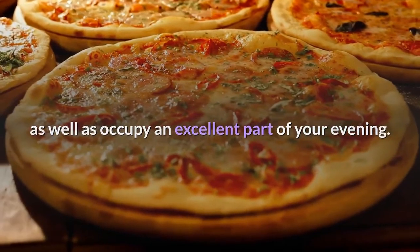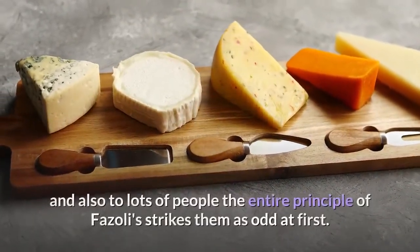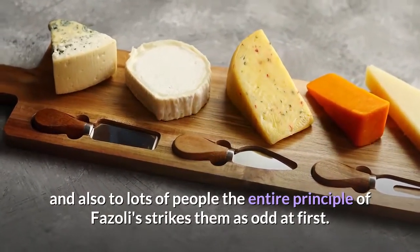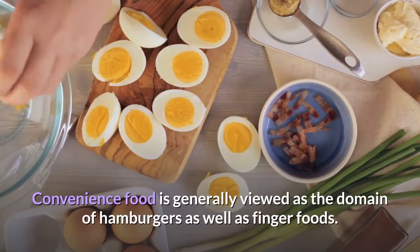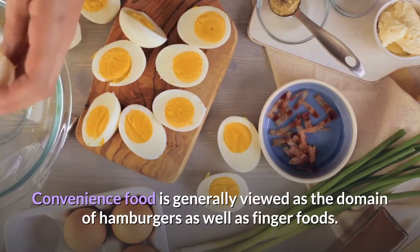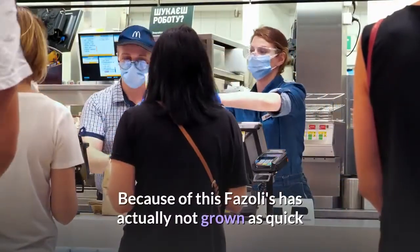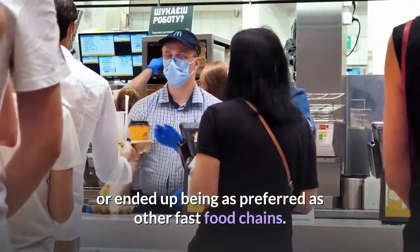your evening. There are not many options today for quick Italian food, and to lots of people the entire concept of Fazoli's strikes them as odd at first. Fast food is generally viewed as the domain of hamburgers and finger foods. Because of this, Fazoli's has not grown as quick or become as popular as other fast food